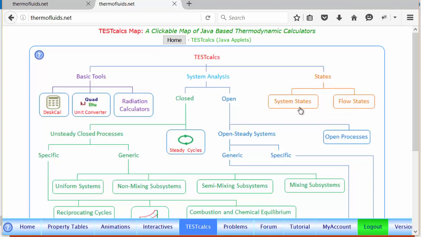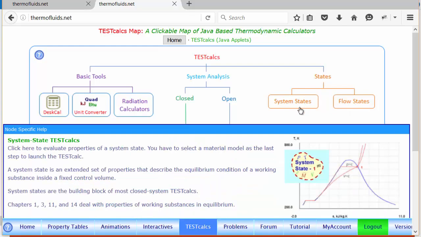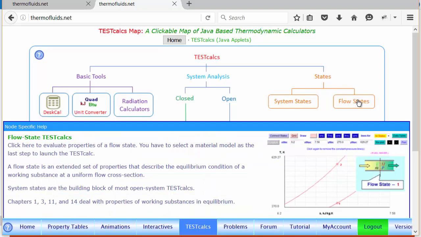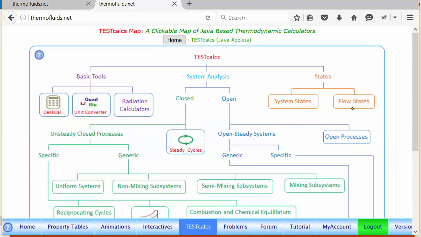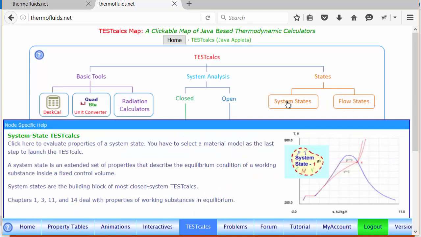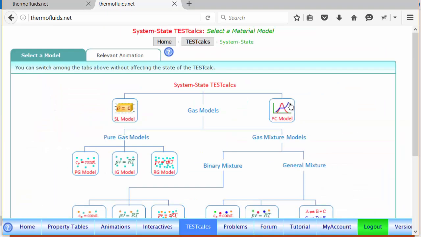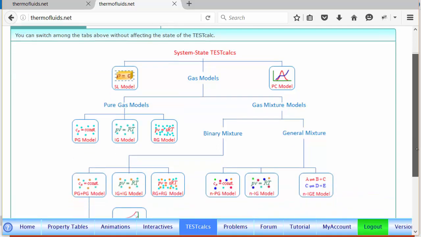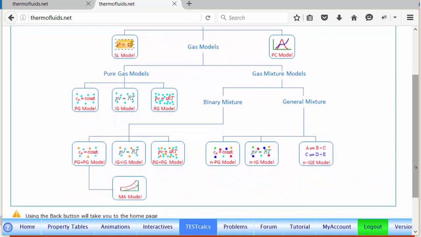Of course, a system state, because as you can understand, a fixed volume of the system is given, a closed tank, so that's the best one. Flow states, we go only for a flow. If you want to find the state of a flow somewhere, say at the inlet of a turbine or exit of a turbine, etc. So we go to the system state TESTcalc page, and we find a lot of different